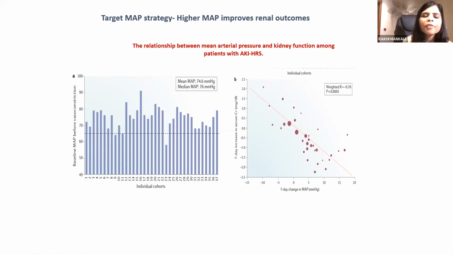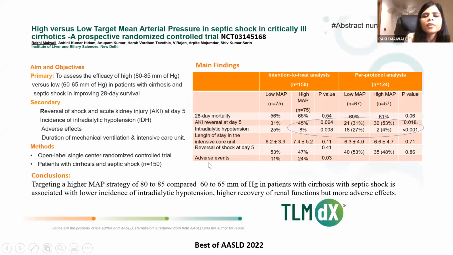Now, we know that from data of decompensated cirrhosis, if you're managing HRS, your MAP has to be high. If you are targeting your MAP to 75 to 80 or even higher, you're improving the systemic vasodilatation, improving the venous return, and therefore the renal vasoconstriction. However, when you keep targeting your MAP to 80 to 85, in the context of inflammation and infection, this